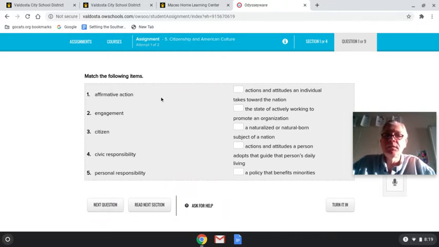And then there'll be questions like this where there's multiple answers that you'll need to fill in. For example, this is the answer and this is the question. And you're kind of matching. For example, affirmative action is number 1. If you believe that naturalized or natural-born citizen is the answer, then what you want to do is click in the box and put your number in. Once you fill up these boxes, you have completed that question, and you can move on to